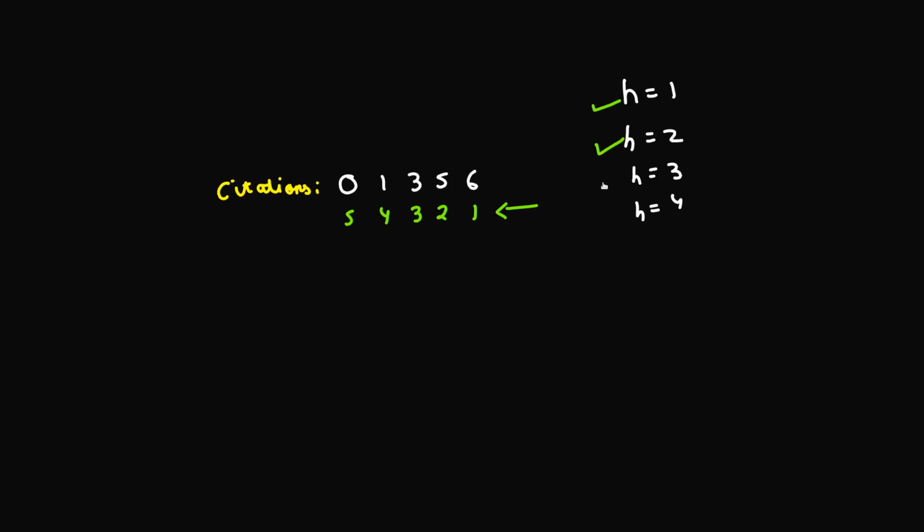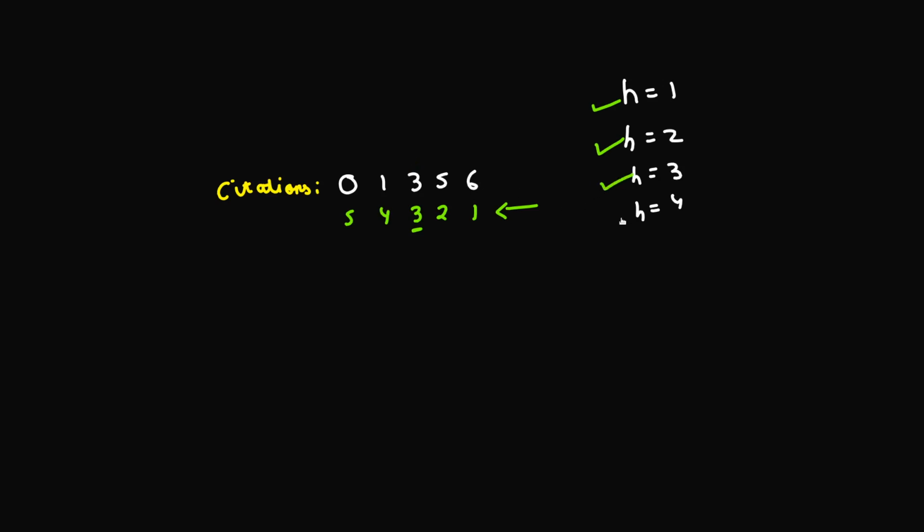Consider H equal to 3. If I consider the third number from the end, which is this, the value at that location is 3. What does that mean? For all the numbers that follow this 3 and including this 3, all the numbers are going to be greater than or equal to 3. Since I have a total of 3 numbers, that means that H equal to 3 is also a valid H index as well. Okay, so that's what I'll be doing.